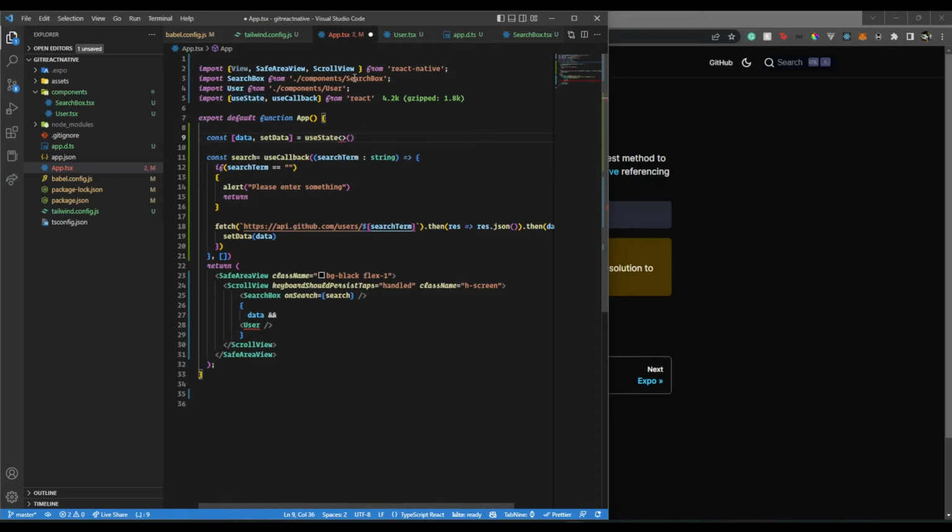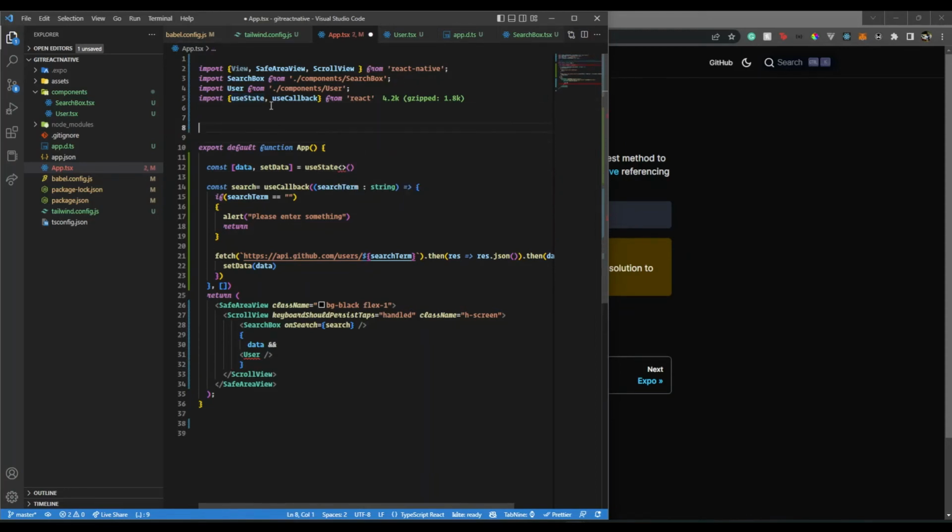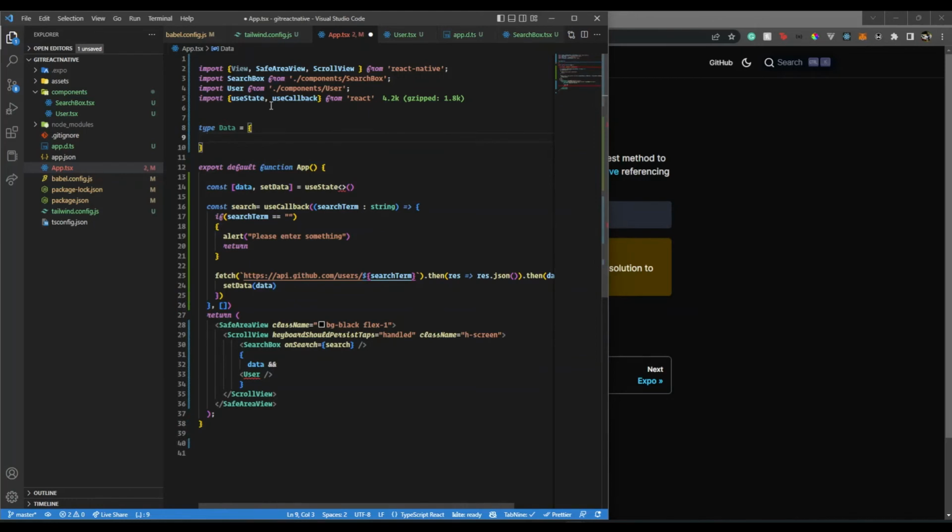So we can create a type over here, or we can create a separate file. For now, I'll just create it over here. Type data. That's going to be of type. There will be avatarURL, going to be of type string. Let's see what do we have. So then we will have